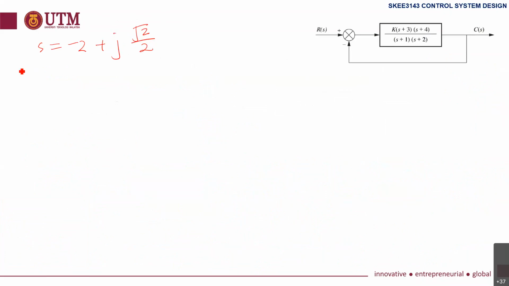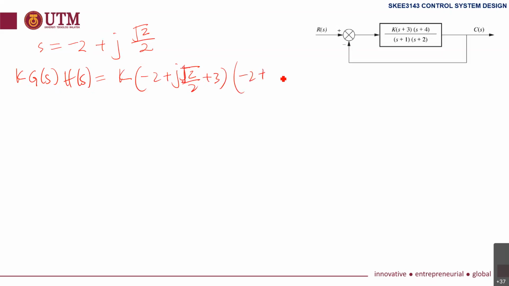Again, we will do the same. For GH(s), we insert K, minus 2 plus j root 2 over 2 plus 3, minus 2 plus j root 2 over 2 plus 4, over